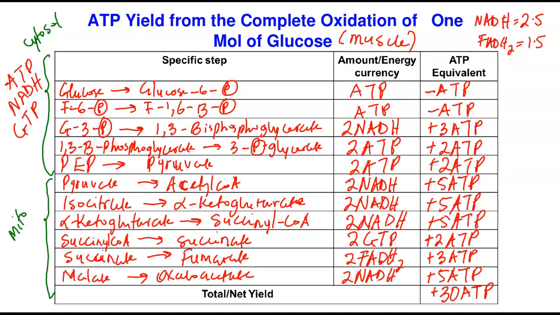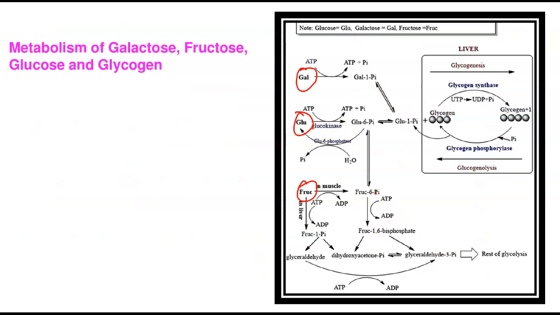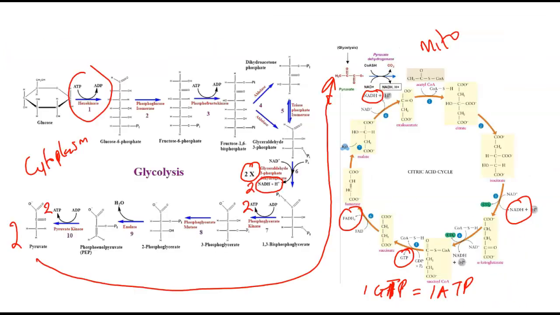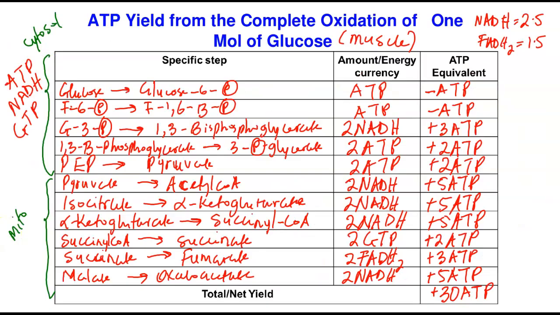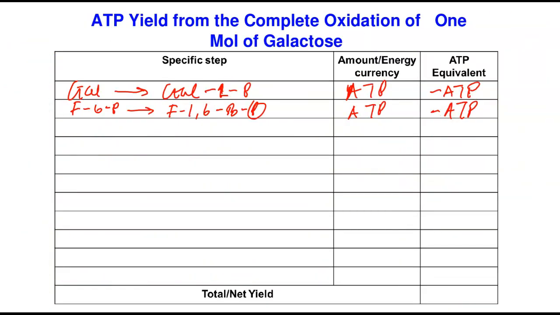Remember, let's go back to that. At this point, from fructose 1,6-bisphosphate, it goes to glycerol 3-phosphate. You continue with the rest of glycolysis. So what you do is you go to your glycolysis and trace it from glycerol 3-phosphate and go down. And if you trace this completely, you're going to get the same amount of ATP. All monosaccharides, when broken down, will give you 30 moles of ATP. So I'm not going to finish this because of time.